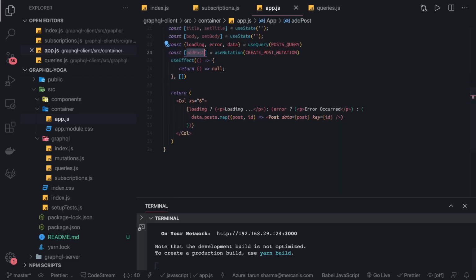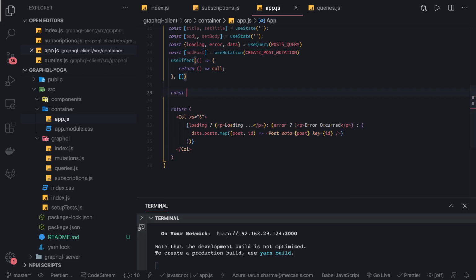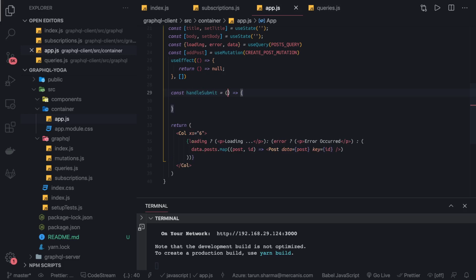So we are going to write a simple form, and let's say we are writing a method here only, const handleSubmit of that HTML form which we are going to write. event.preventDefault whenever you are submitting a form, to stop the propagation, and you can also do event.stopPropagation.